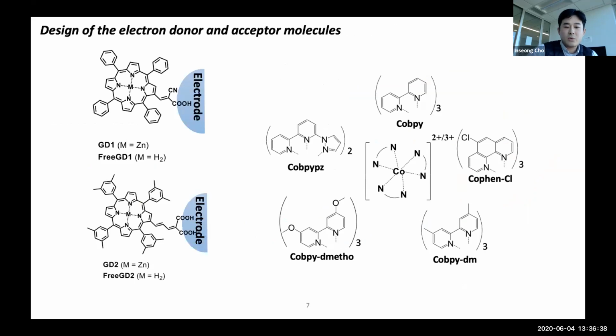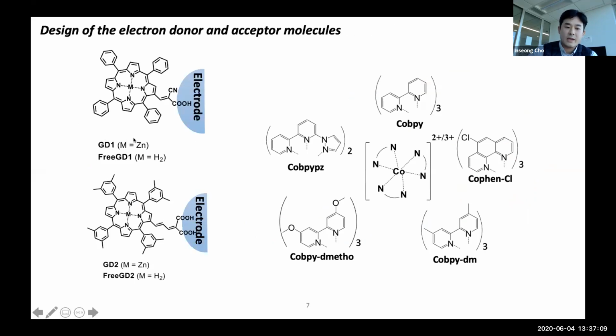So these molecules are what we employed in this work. First of all, as I explained in the previous slide, we've got a set of free base and zinc porphyrins, which is GD1 and 3GD1. And for the general trend, we employed another set of free base and zinc porphyrins, and they have different anchoring groups and solubilizing structures, so that they further shift the redox potentials of the porphyrin from